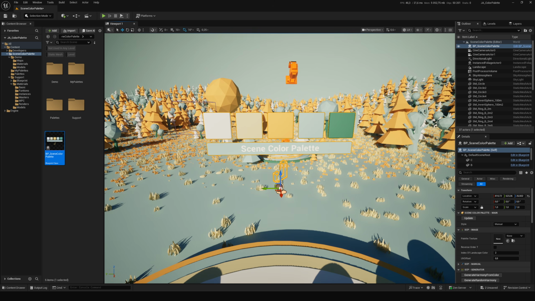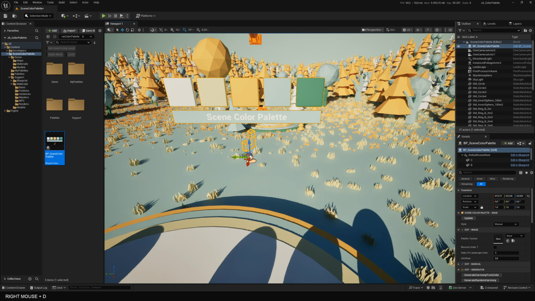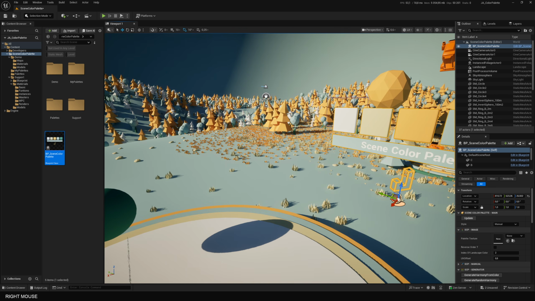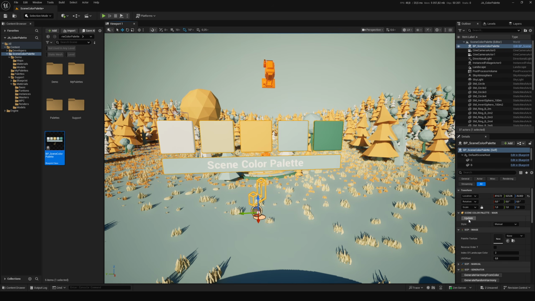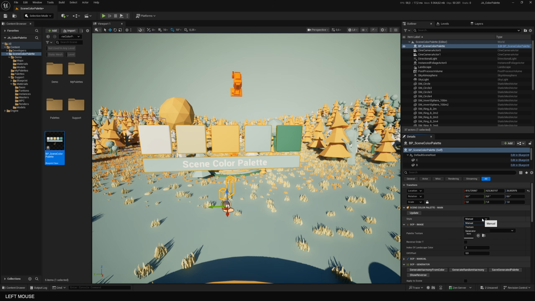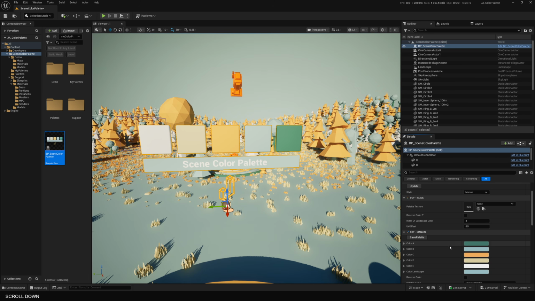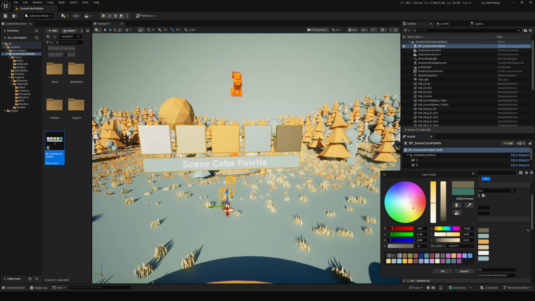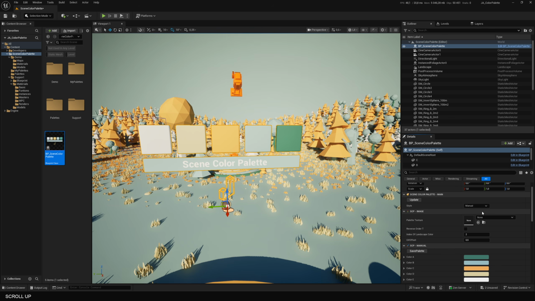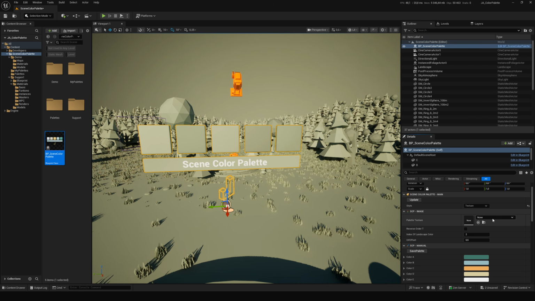All the assets here have the MPC in your material, the instance material or the master material, and then you can just apply and play around. So you can select if you want manual. Okay, so you go to manual and you change the colors,